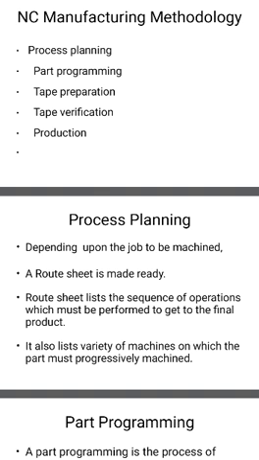The route sheet is a listing of the sequence of operations. Listing of sequence of operations means one by one step, first what, next what, like that: sequence of operations which must be performed on the work part. So on the job, which machine, which work should be done first, then which one, then the next one, like that we should plan. That is called sequence of operations which must be performed on the work part. That is called process planning.